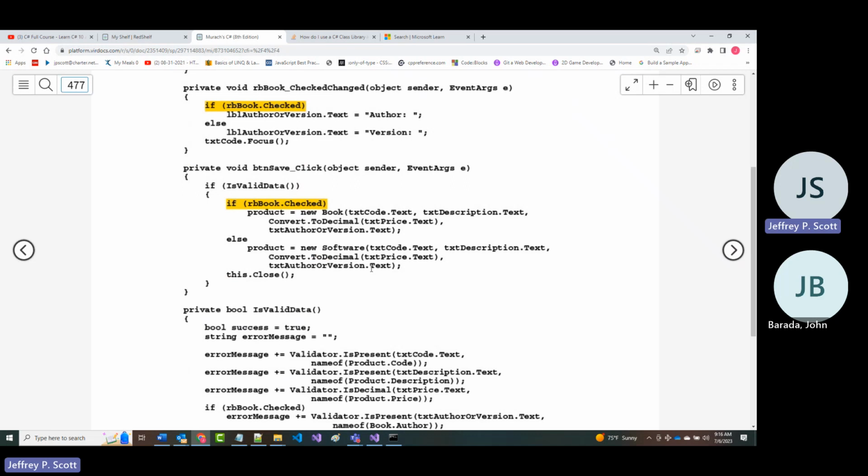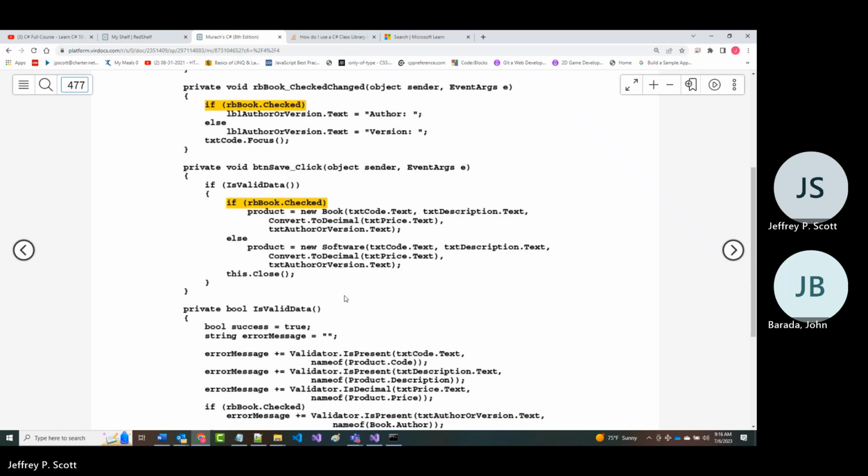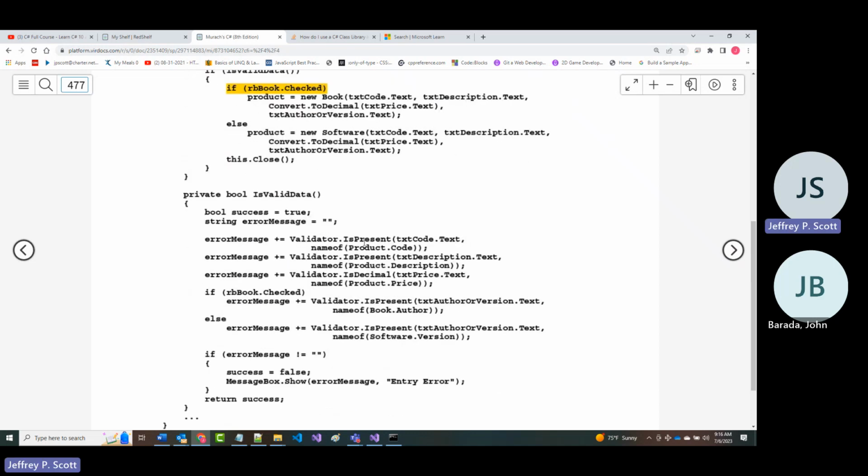They're both being handled by the same code. So we're using the same code to display them in the same list box. We're using the same code to check the stuff that's in common.